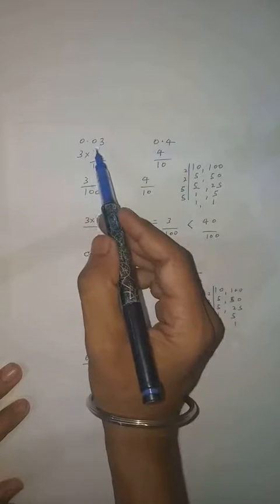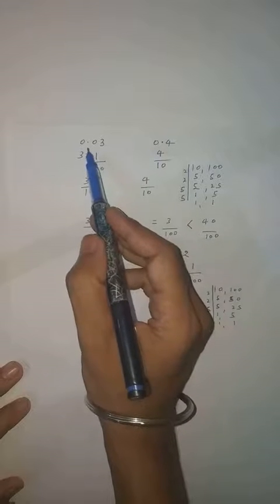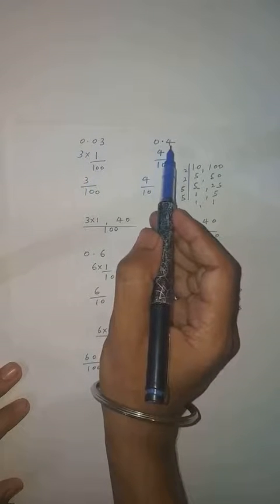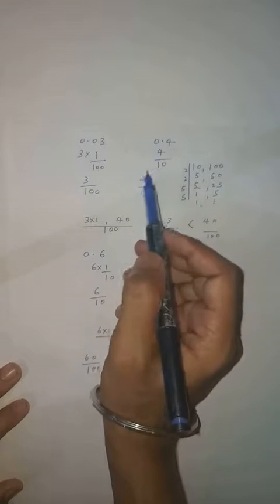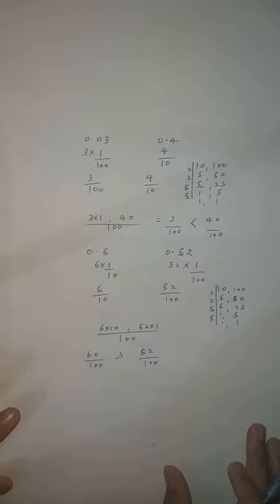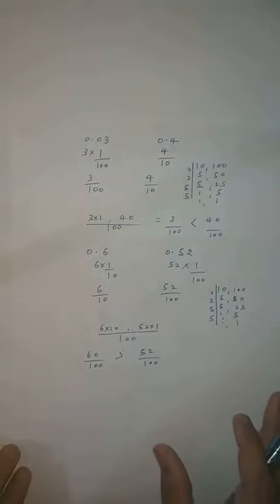Again in this one 0 is given, here also 0 is given, you cannot say anything. After the decimal the first digit is 0 and after the decimal the first digit is 4. So easily you can say, sir, this one is greater. But this is the basic process you should know, how it comes. Clear, student? Now come to the next topic.